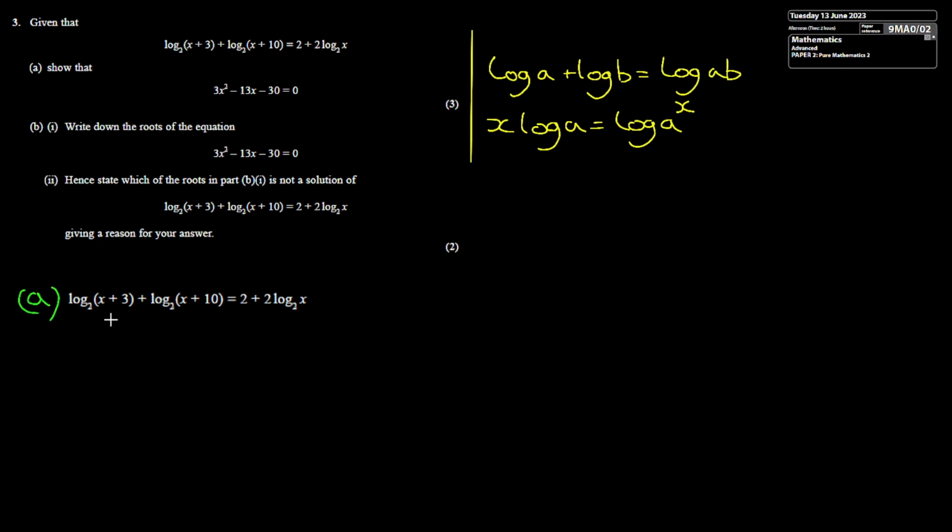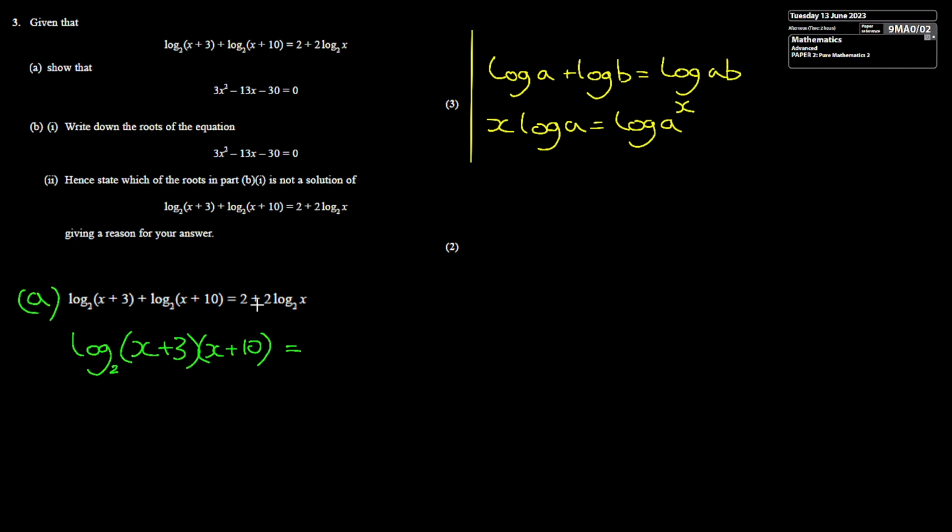Let's apply them to this equation now. Using that law, I can group these first two terms together, and I get log to the base 2 of x plus 3 multiplied by x plus 10. And this is equal to